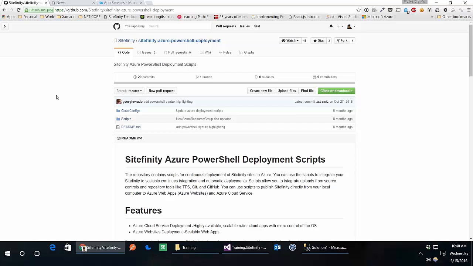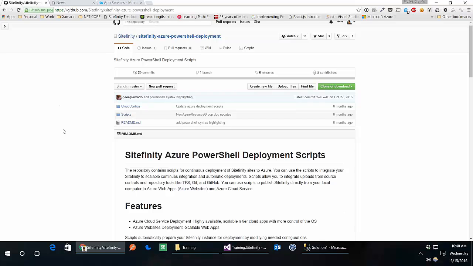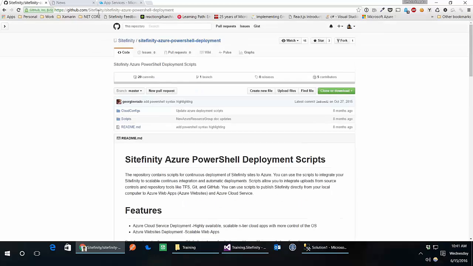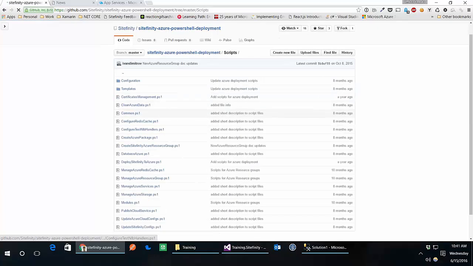Now, the Sitefinity team has done a fantastic job at providing a lot of script files for us to do this continuous integration with PowerShell scripts. They have a GitHub repository at github.com/Sitefinity, and you basically just look for Sitefinity Azure PowerShell deployment. And inside the scripts folder, they have a lot of PowerShell scripts that